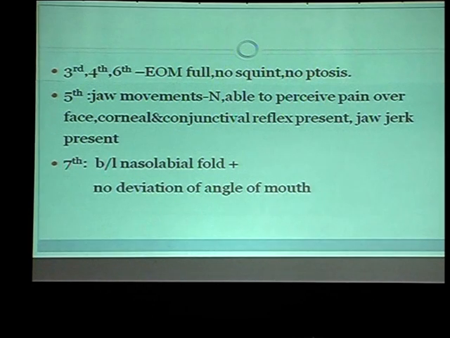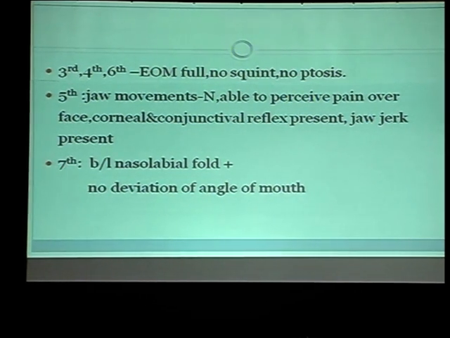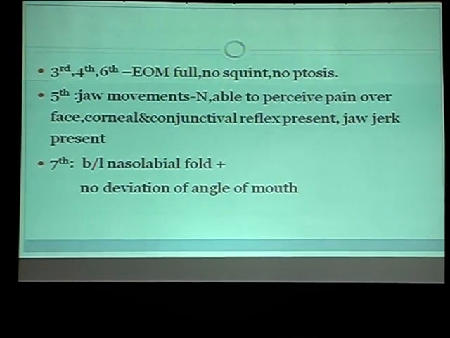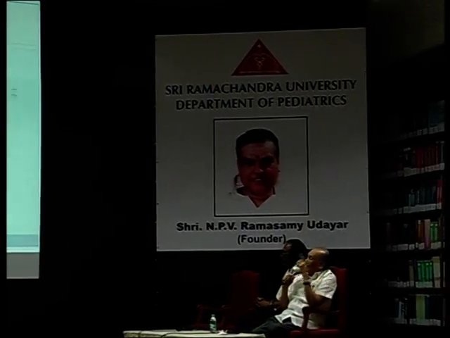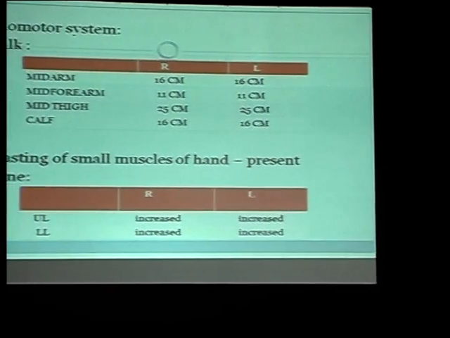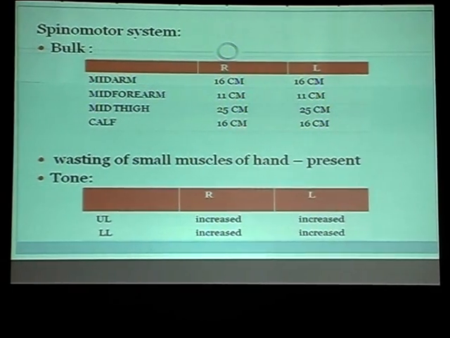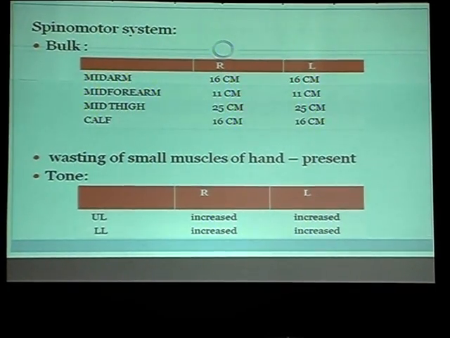So, third, fourth, and sixth cranial nerves, extraocular movements. So, all the cranial nerves are normal. Or is there any, except fundal changes? So, you can save time, go further. See, I already got spastic quadriparesis. So, I should make a mention about pseudobulbar features, all those things.